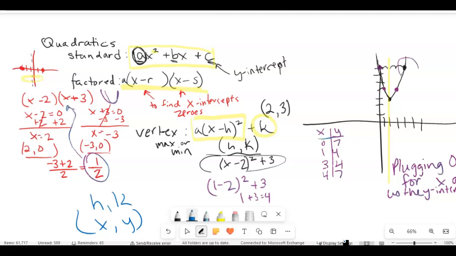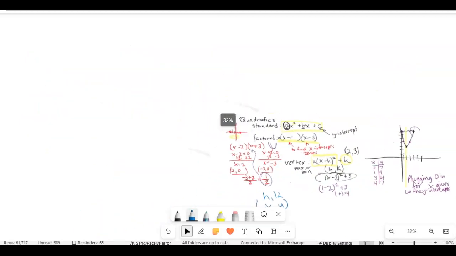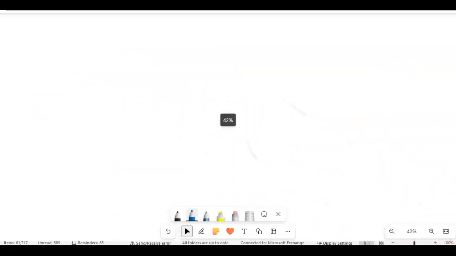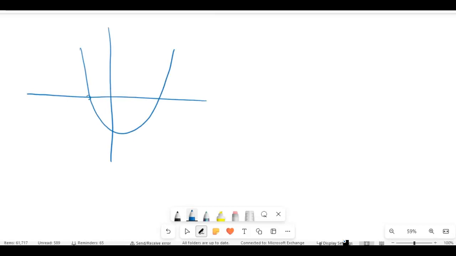All right, now let's go ahead and push this to the side. I'm going to put that down there. And let's take a look at thinking about how we can get equations. All right, and what happens to our equations. So let's say we have an equation and we have a point here and a point here on our x-axis. All right, so let's say we have x. Oh, I didn't want to write x. I wanted to write what the number was. So this is negative 2, 0, we'll say. And then let's say this is